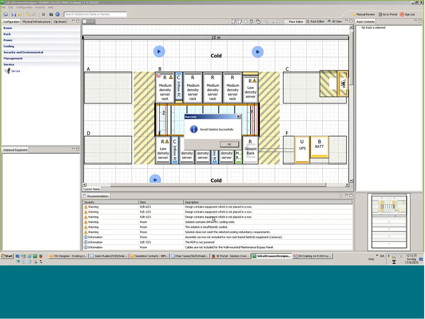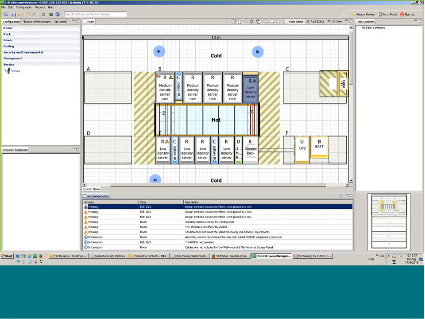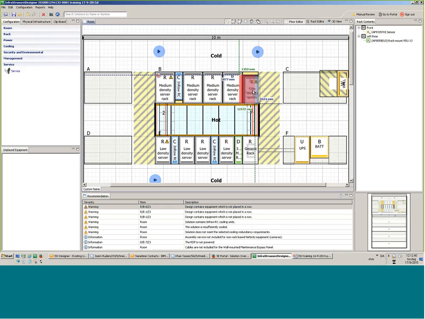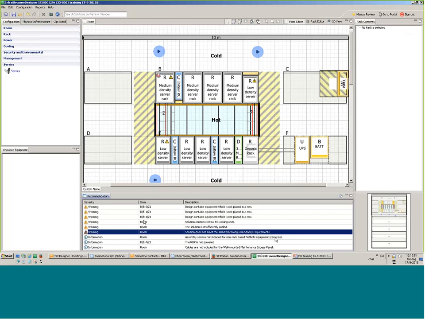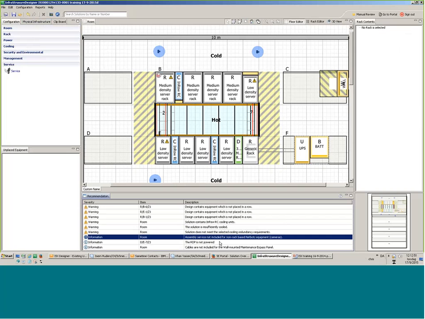Down here, you always get warnings. Right now I get a warning that this one is not placed in a row. Where should it then be? And information, like netbot service is not included. And then if I go back to the portal,